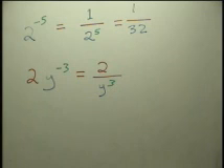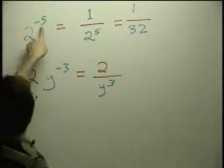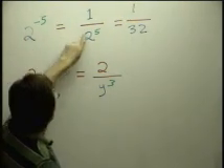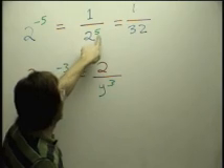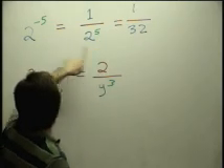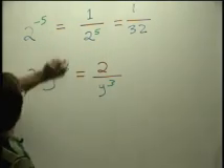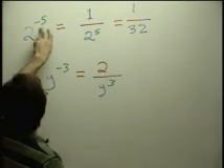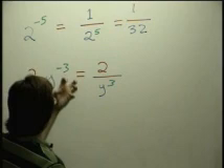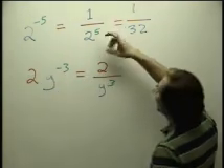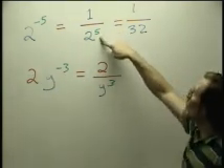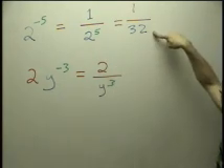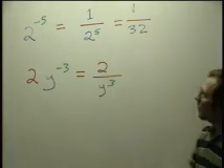If I have 2 raised to the negative 5 power, that negative exponent tells me to bring that thing down to the denominator. So it's 1 over 2 to the positive 5th power. In other words, 2 to the 5th power tells me 5 copies of 2 multiplied together. Negative 5th power means 5 copies of 2 that I'm dividing by. So 1 over 2 to the 5th, and 2 to the 5th is 32, so I get 1 over 32. Second example,